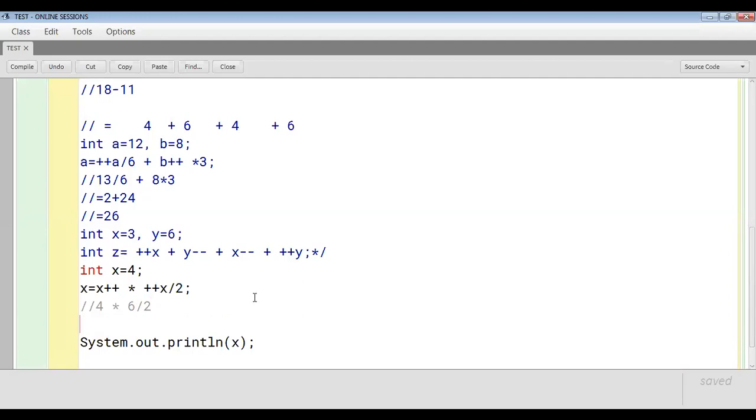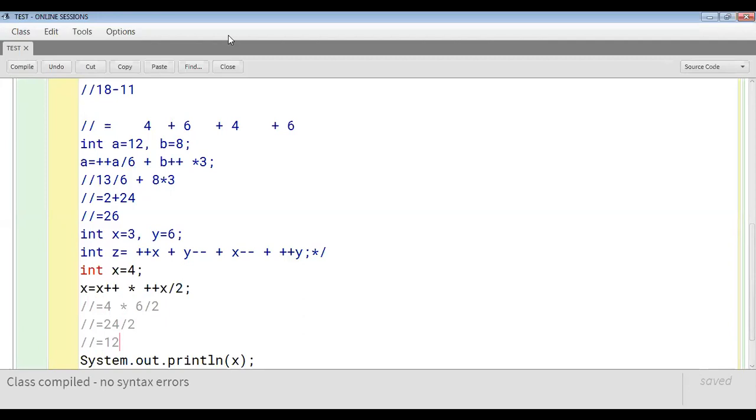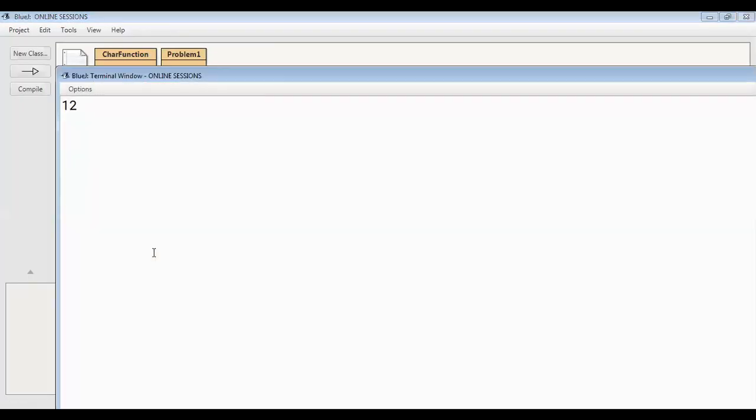Okay, so what will the computer do now? Which operation will be performed first? Here you will find that left to right associativity is there. So first the multiplication will be performed and then the division. So 6 fours are 24. 24 divided by 2, what's the answer? The answer is 12. So that's why you are getting the answer as 12. When you compile it in class C, your answer is coming out to be 12.